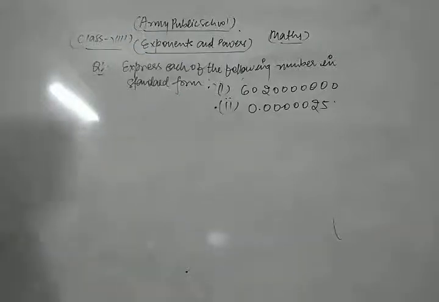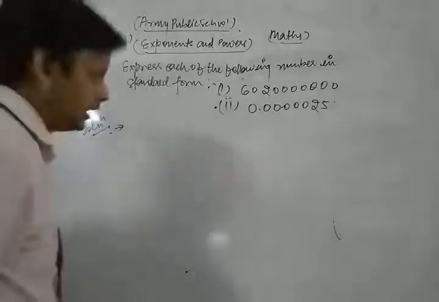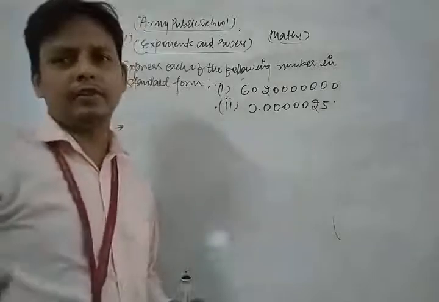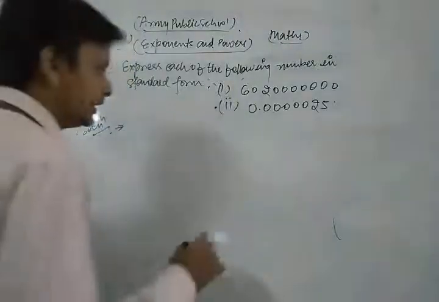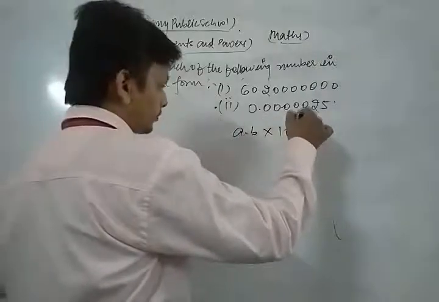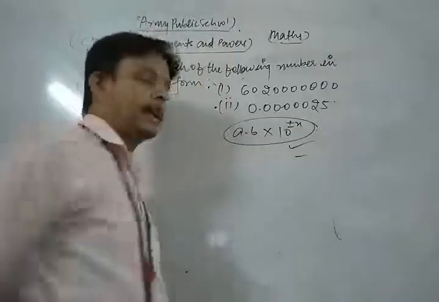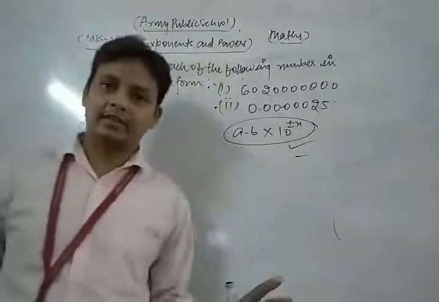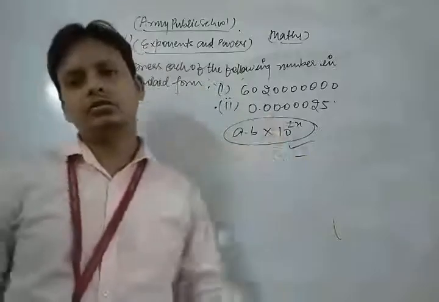So we convert into the standard form. Yes, sir, you know that very well. What is the process? Just I discussed about that. You know that any number, in the previous class, can be written in the form a point b into 10 to the power plus minus x. This is the extended form of any number. So we can convert this number in this form. So this is the required answer.